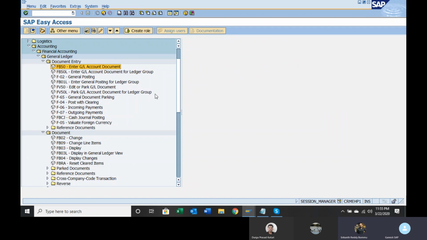And after posting, we can't change the amount, only the fields value date, assignment field, text field in line item. If you wanted to change the amount, you have to reverse this document and post another document with the correct amount. Okay.